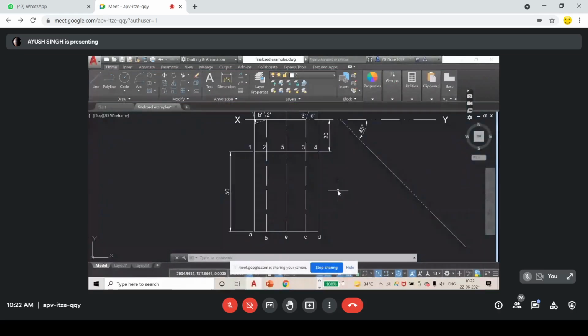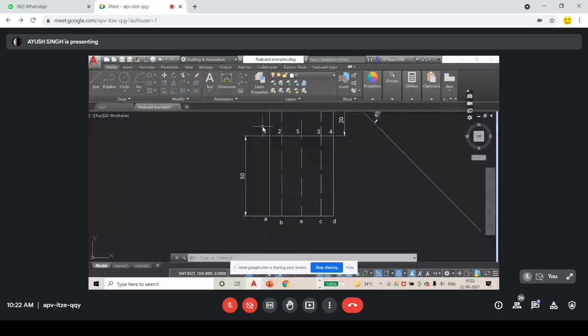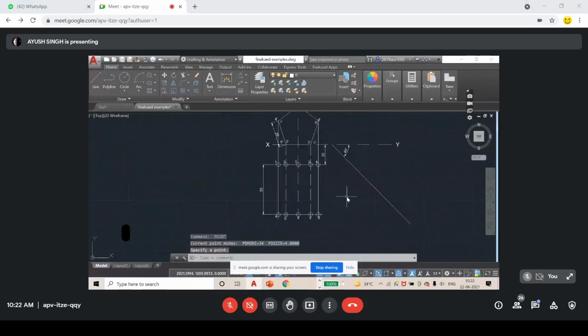Now I am going to mark the points here because I don't want to lose these points when I copy and paste. So I am just going to mark this. I'm pressing spacebar here, so nothing is shown in the keystrokes. That means I am pressing spacebar to repeat my previous command. Okay, now it's done.